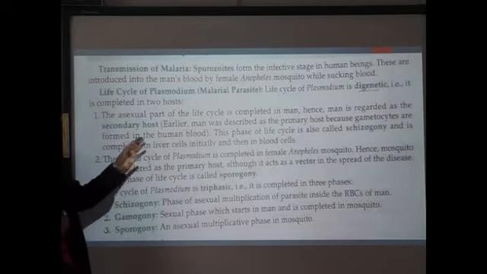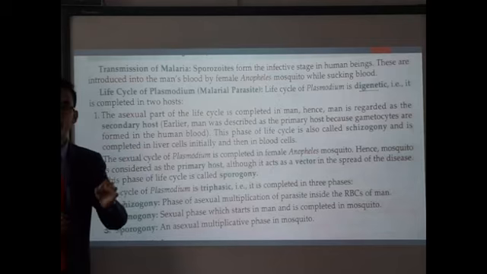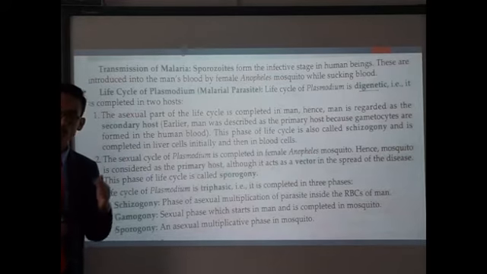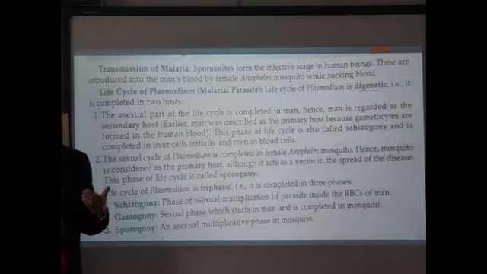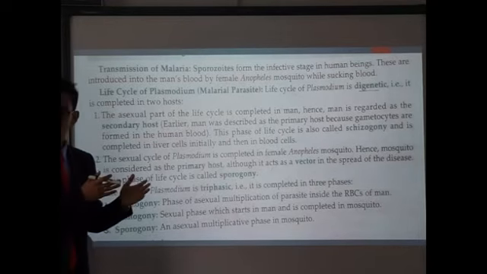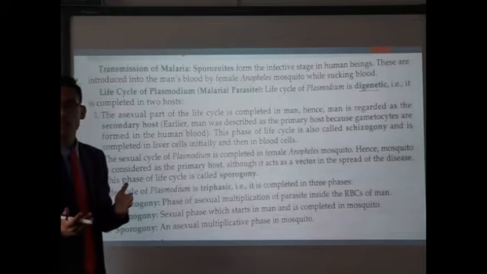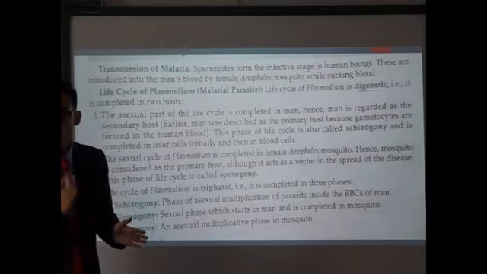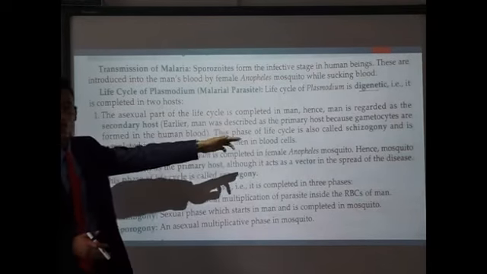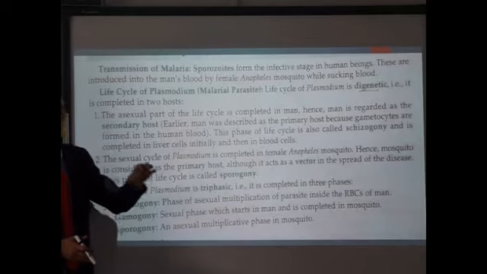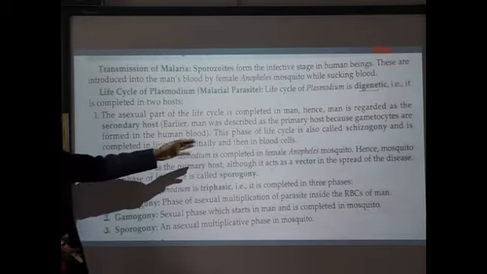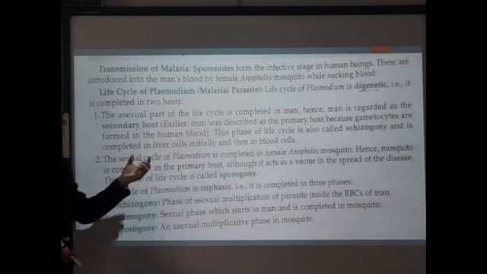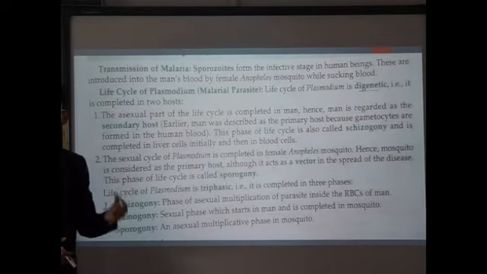and completed in liver cells initially, then in the red blood cells. So that means this asexual reproductive process, the division or the rapid multiplication of Plasmodium, occurs first in the liver cells, then in the red blood cells, and this particular process is known as zygogony. Clear? After that, the second host is called the female Anopheles mosquito, where the sexual phase or the sexual cycle